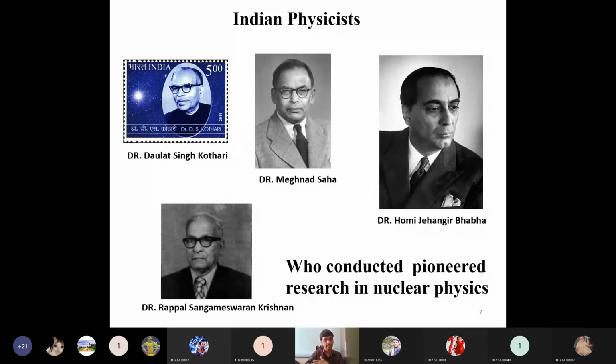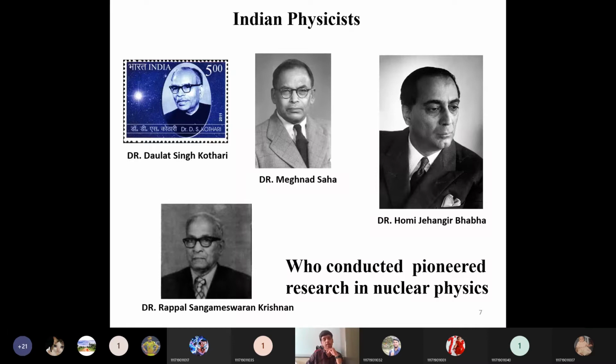Nowadays, in recent times also, the Indian Science Congress takes place every year. You can target to attend the Indian Science Congress. Many Nobel laureates will be coming to the Indian Science Congress. Then he was the president of the Indian Science Congress, and he was also the elected president of the Indian National Academy of Sciences.